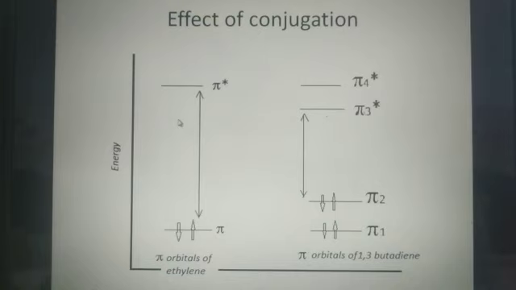How does conjugation affect the spectra? Listen carefully. Suppose we have ethylene. Ethylene means two carbon atoms, with one sigma bond between one carbon and the other carbon atom. I am not talking about the CH bonds, only the CC bonds. Then the C double bond C is also there, a double bond, that is, the pi bond. So I am concerned here with the pi to pi star transitions.